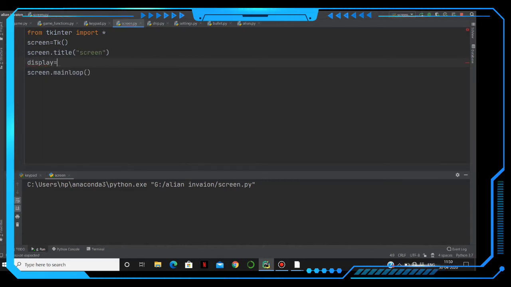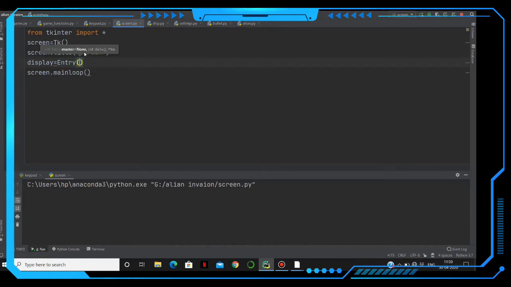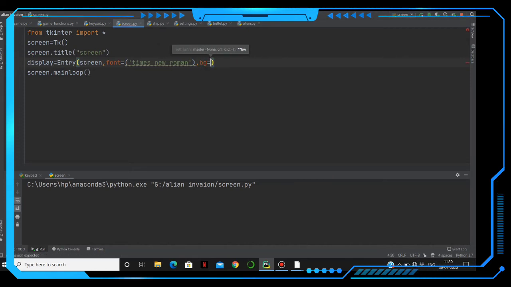Display is equal to, we should make an Entry here, use the keyword Entry. In that Entry, first of all the screen event should be selected, and then we have to select the font. So font equal to Times New Roman, and we have to select the background color. The background color should be black here, and the foreground color should be blue.